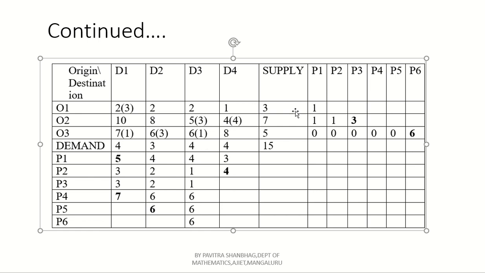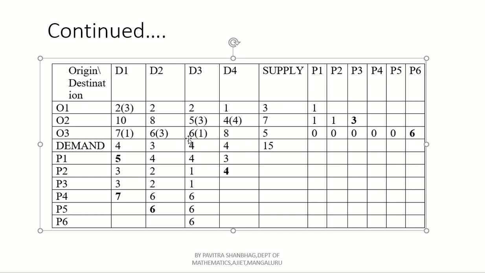Simultaneously you have to remove this 1 and this 1 from this. Here remaining is what? Completely the remaining is 3 value. So what is the supply left here? Only 3 left. Now compute the penalty 6. You have to remove the column 1, column 2, as well as column 4, and row 1, row 2. Only the left thing is here row 3, and that also only one element. Here if you compute the penalty, P6 is 6, even column wise also 6, row wise also 6. So you have to assign that 6.